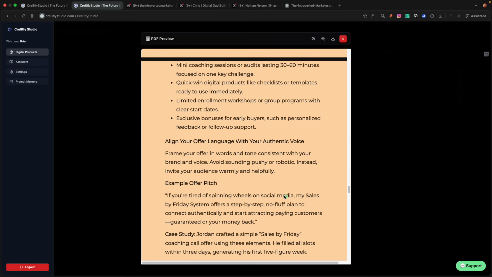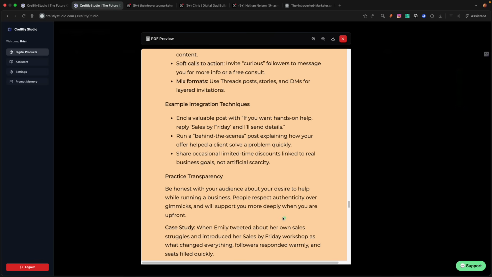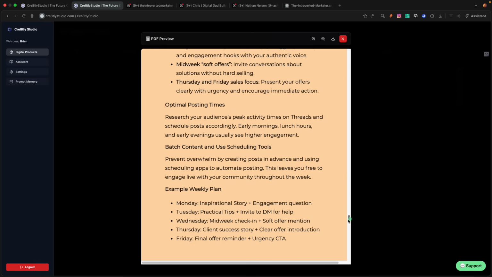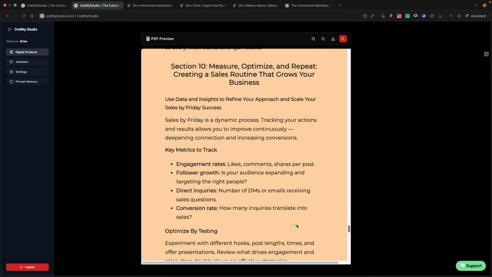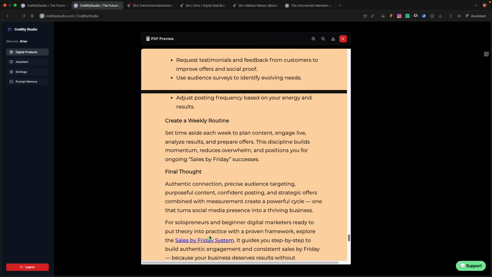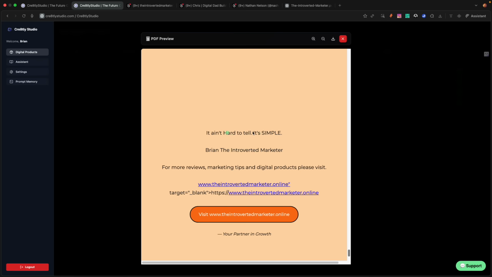What I would like to see is, as you create your lead magnet, the ability to edit and modify it on the platform. If they could incorporate something like that, because the initial investment, while it's not sizable in my opinion, and we do see that we have a link right here to the Sales by Friday system, which is my system. And then we have my catchphrase. I don't know where this "your partner in growth" came from. And this right here kind of looks weird. And this right here, a couple mistakes. So overall,